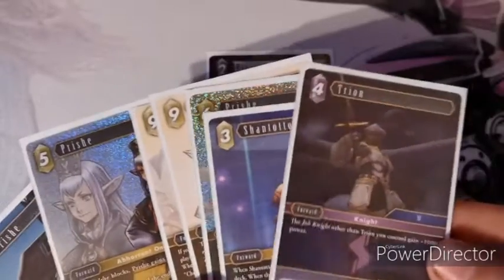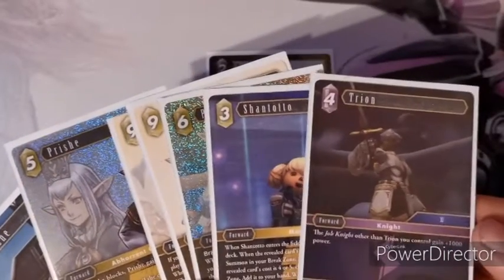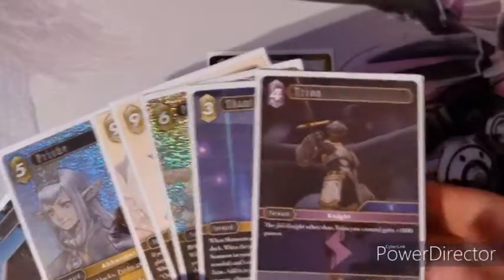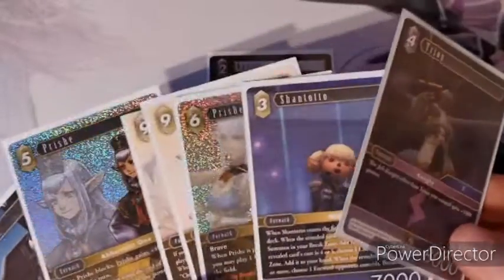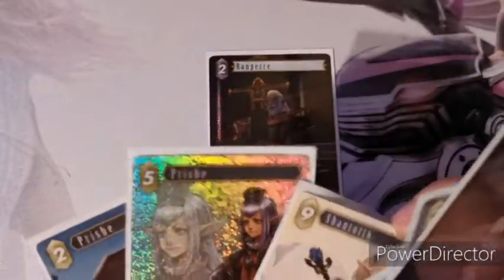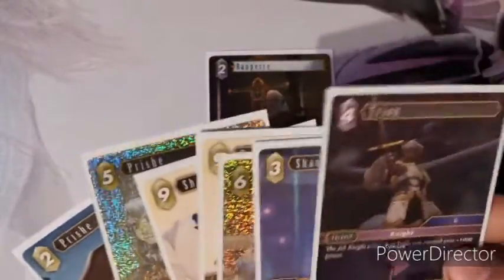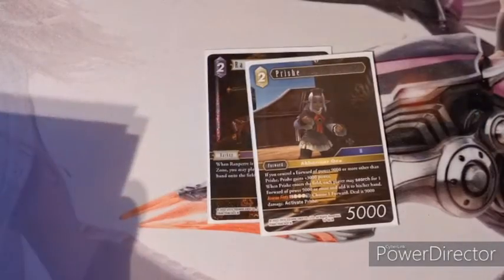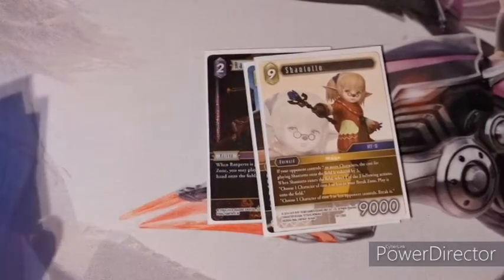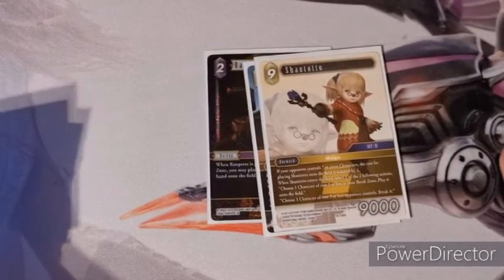You've got Treon, you've got a few other good cards, some pretty good cards in Lightning that are 11 forwards. But as you can see, Earth seems to be the dominant one, and Prish seems to be the dominant one in all of that. There are various little things that you get off, like if this Prish enters the field, you can then search for a 9k, which can be Shantotto. That Shantotto entering the field, it can return a